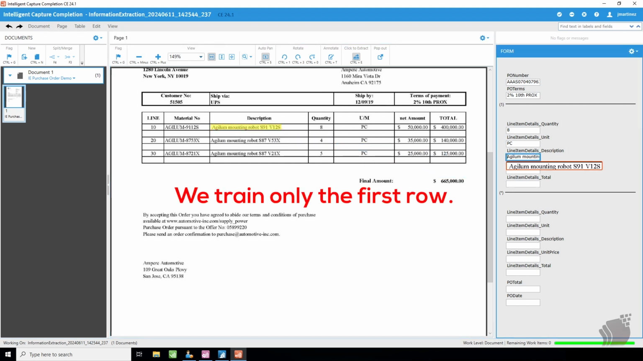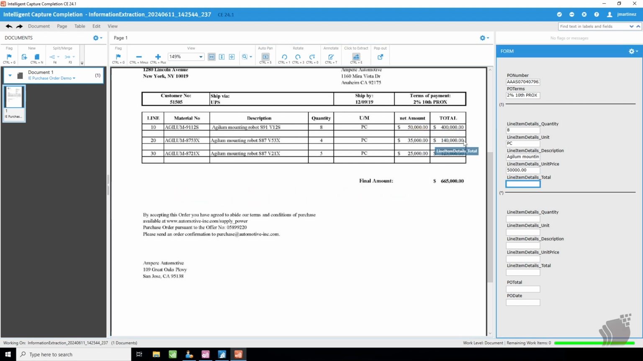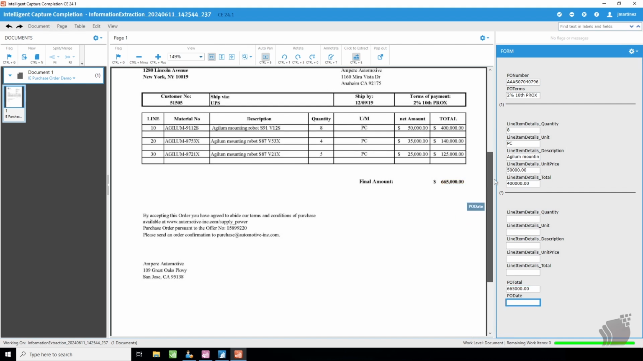Now you might think, well, why didn't we train the entire row? That's the power behind this, that once we train one row, the system is smart enough to know, hey, the one below this is another row that belongs to the table. And you'll see that here once we do the second pass. We'll do the PO total, the PO date,